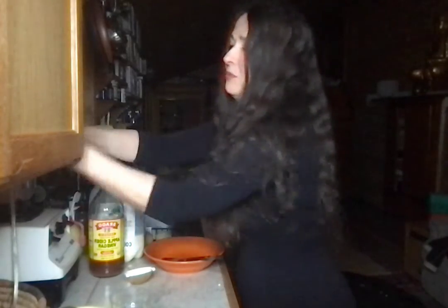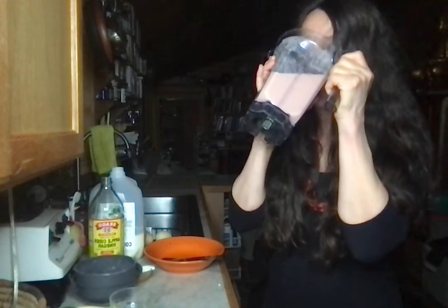And, you know, you don't have to put the raw eggs in. Like if you're feeling like you don't need any extra protein and you're fine for the day, or you're just, let me just see how this is now. Crazy. So delicious, so hydrating. And look at this beautiful color. I mean, really. So now I will put in,